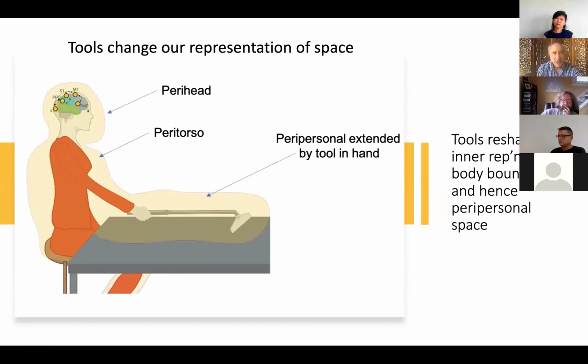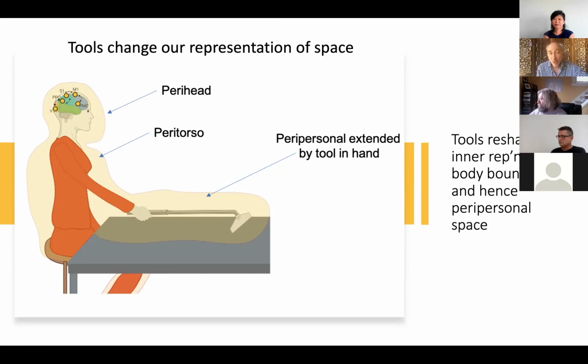Tools, too, change our representation of space. So a lot of fun research looks into how tools reshape our internal representation of our body boundaries. This concept has been called body schema. I think that Michael will be talking a little bit about body schema, so I'm not going to say anything about it. But the idea is superficially that we have a conception of where our body is,